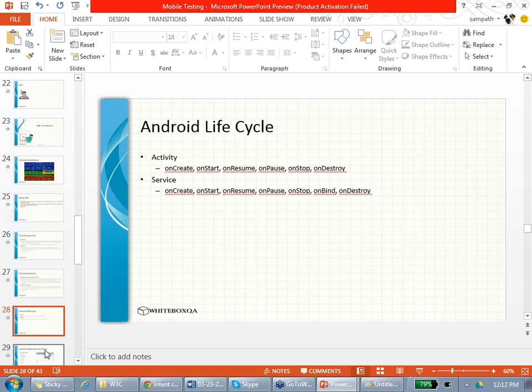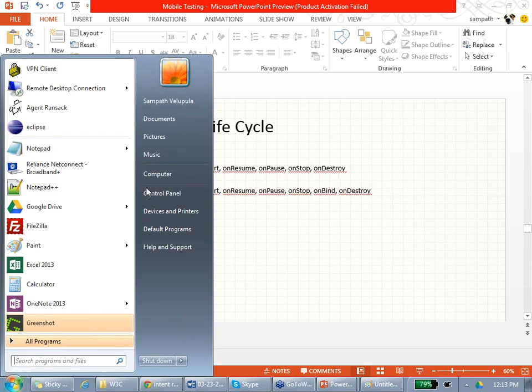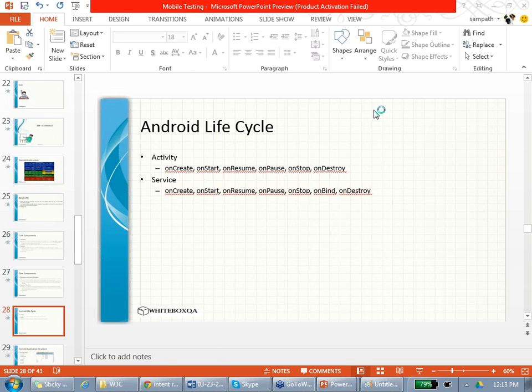Okay. Android life cycle. Everything has a life cycle. Remember, where did we learn life cycle? Test life cycle, bug life cycle. Android has a life cycle for service and activity. Agree? So developers, when they develop, for example, I am a developer. Let's say I want to code a Western Union program. I will go to Eclipse, right? I really didn't set up my Android or anything here.